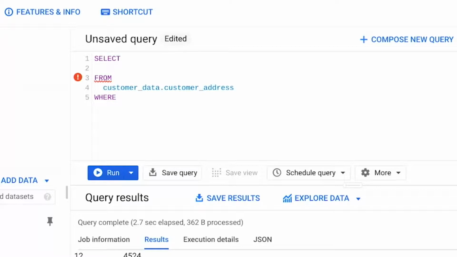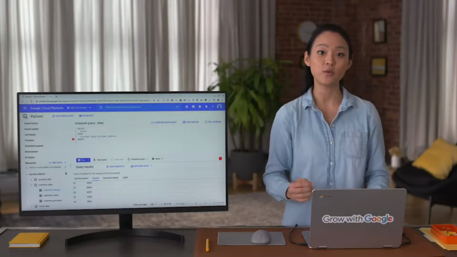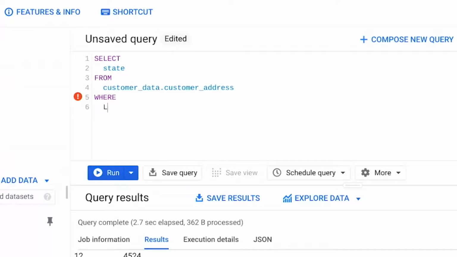Next, we tell SQL what we want it to pull. We want it to give us any state that has more than 2 letters. So we type in state after select. Finally, we want SQL to filter for states that have more than 2 letters. This condition is written in the where clause. So we type in length, parentheses, state, parentheses, and that it must be greater than 2, because we want the states that have more than 2 letters.